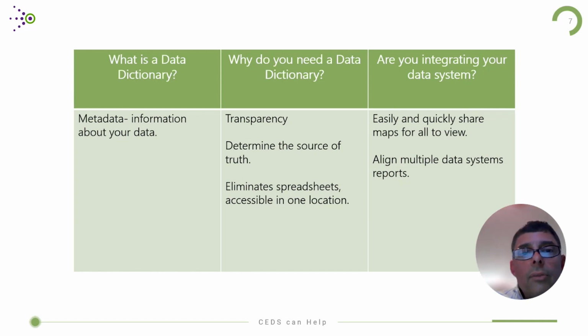The other reason for needing a data dictionary is that it can help determine the single source of truth, particularly when you're working on an ECIDS. When you're looking at data elements from across programs and you have similar ones, or ones that appear similar, for example race, I say appear similar because the definitions may be different and the option sets may be different. And even if there are similarities in definitions, option sets, and data element names,